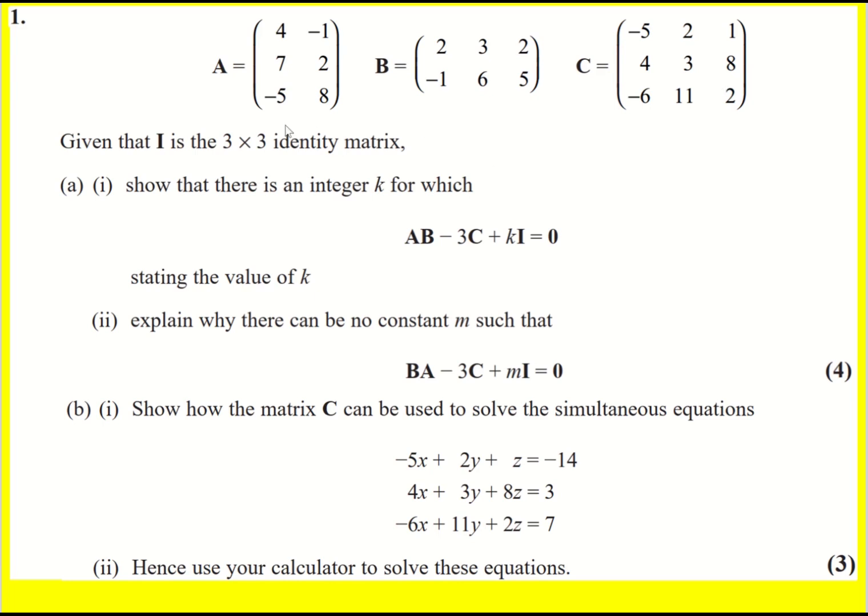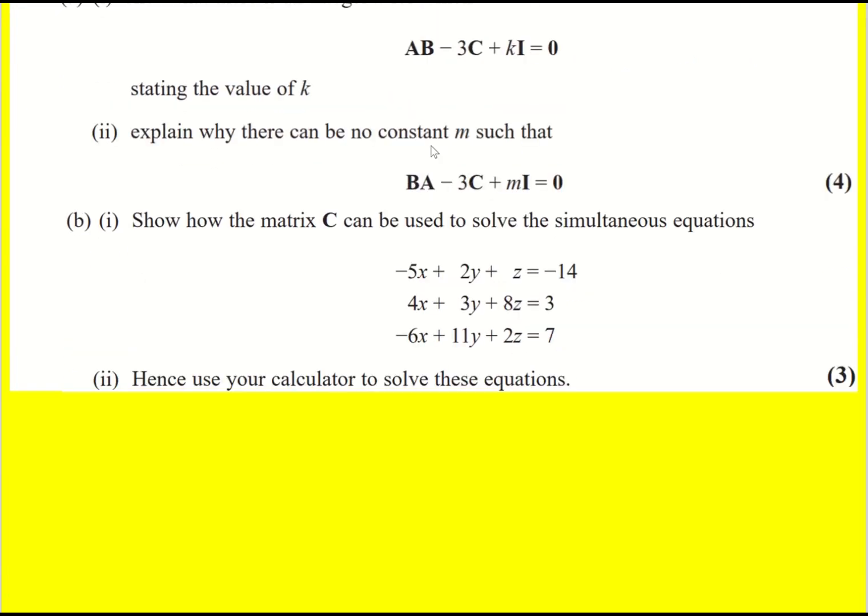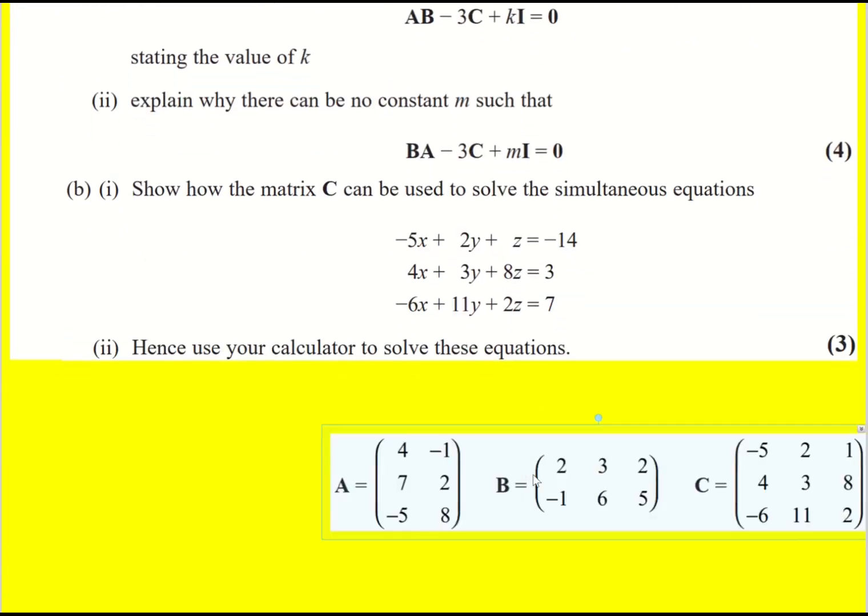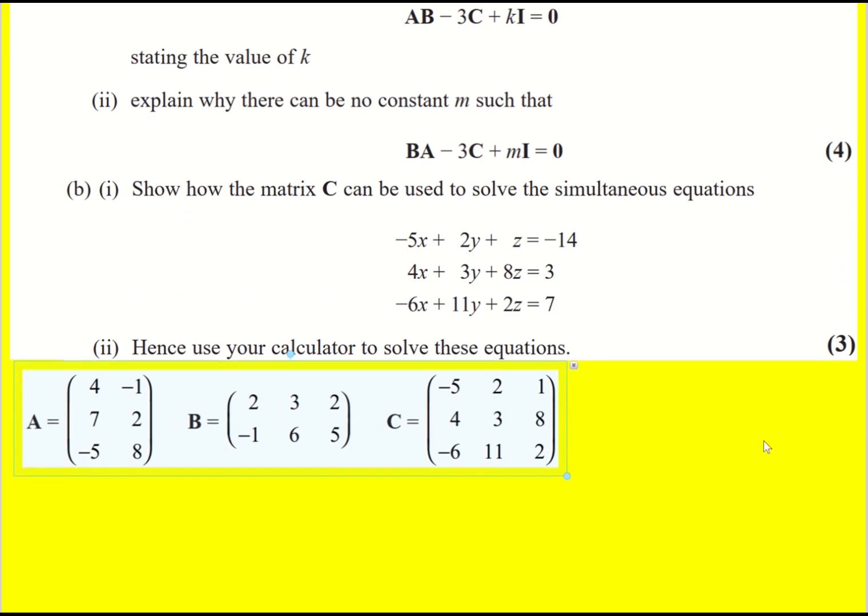We're given these three matrices, where I is the 3 by 3 identity matrix, and asked to show there's an integer k for which this is true. Okay, I'm just going to create a little bit of space. So the first thing I want to do is work out AB. And let me do it down here. So AB